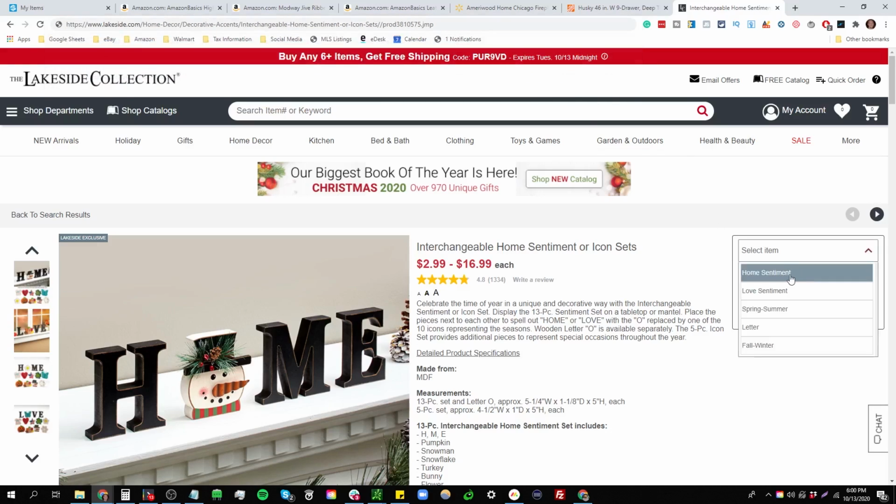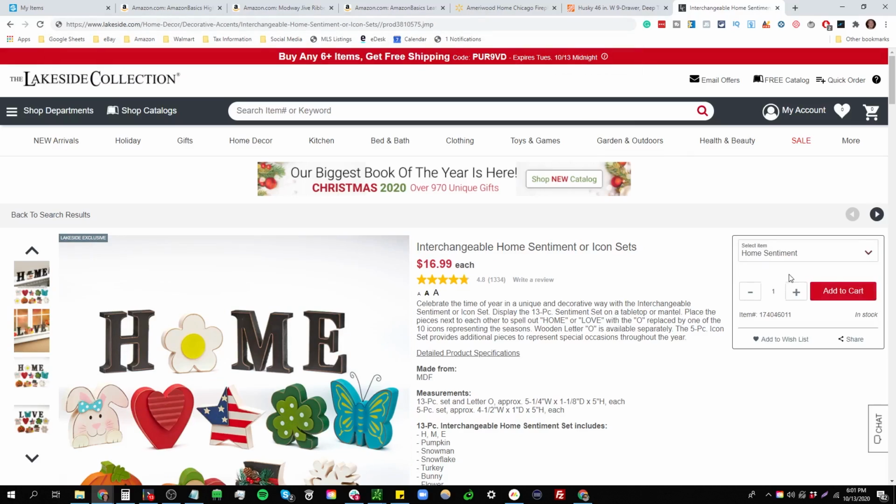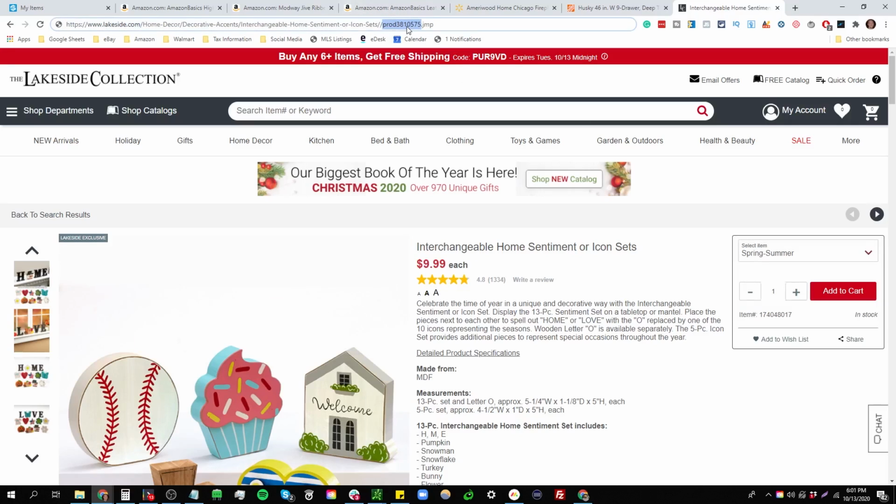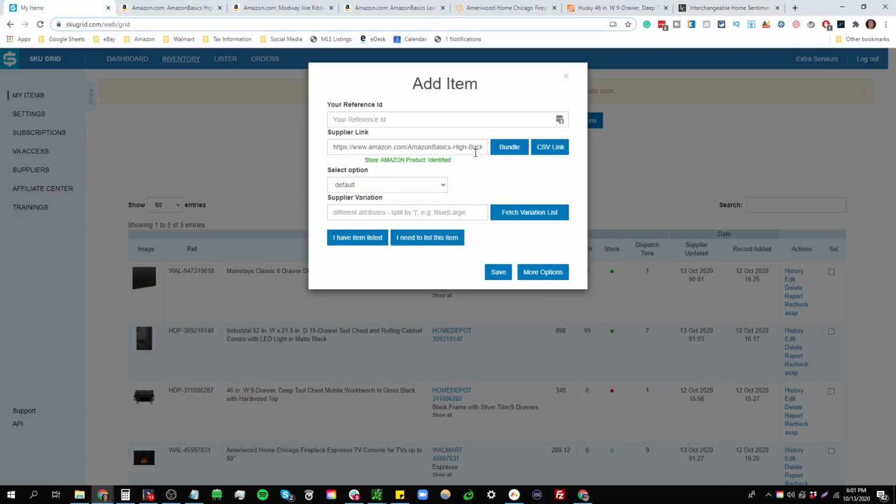So if we go to select item, this is one variation of it, it still stays the same. If we click this one, it still stays the same. Click this one, it stays the same. So for this one, if your supplier does this, again, the three main suppliers, Amazon, Walmart, Home Depot, you don't need to actually put in what the variation is. But if you start branching off into these other suppliers, then you're going to want to actually fetch the variation list,